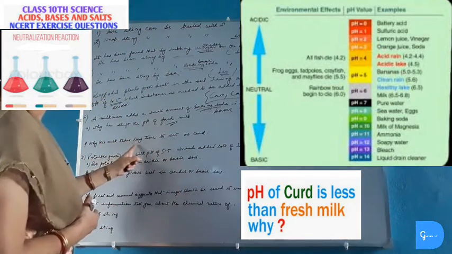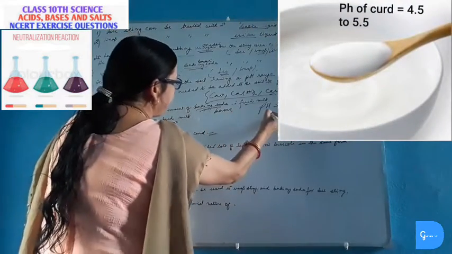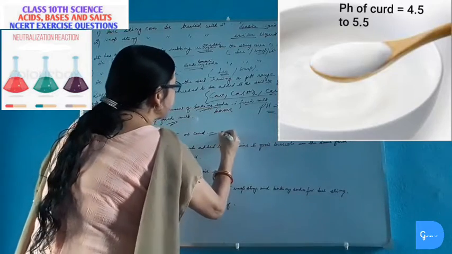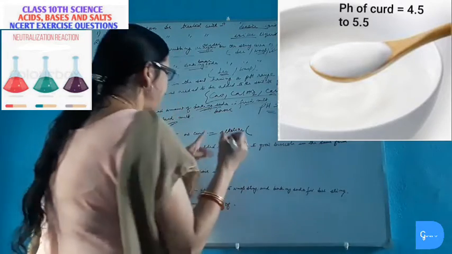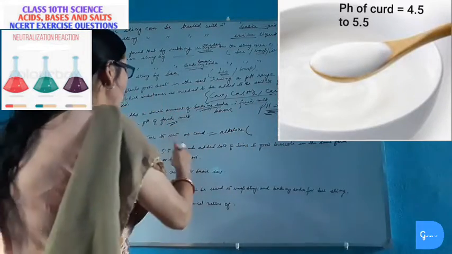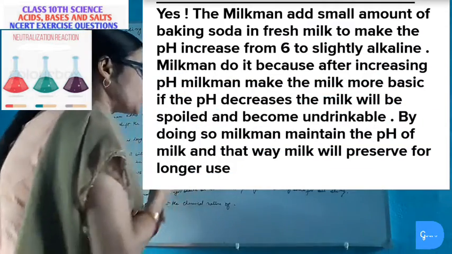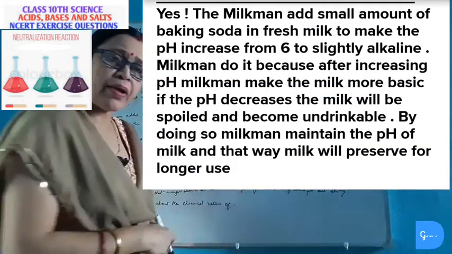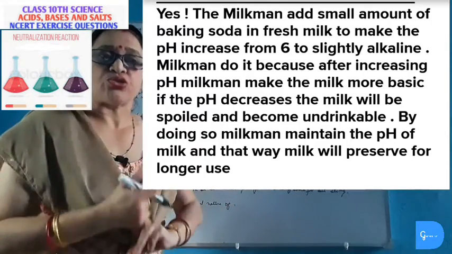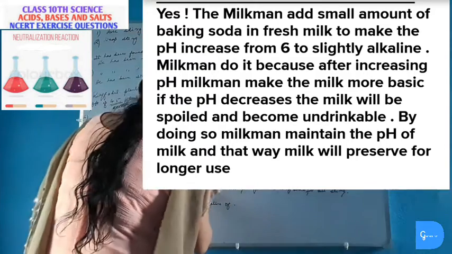Why does this milk take a long time to set into curd? Here the milk is being made alkaline by increasing the pH. So the milk is slightly alkaline, having a pH more than 6, which is the pH of fresh milk. Because the milk is alkaline, the lactic acid formed during the formation of curd is first used to neutralize the alkali present in the milk. So the lactic acid formed in making curd is first used to neutralize the alkali in the milk, and so it takes a long time to set.